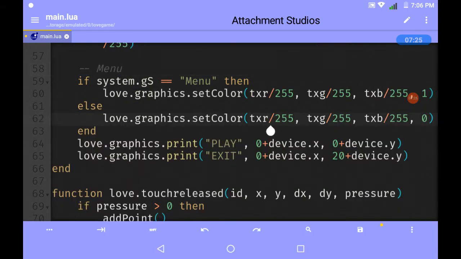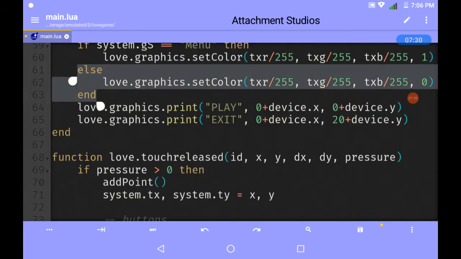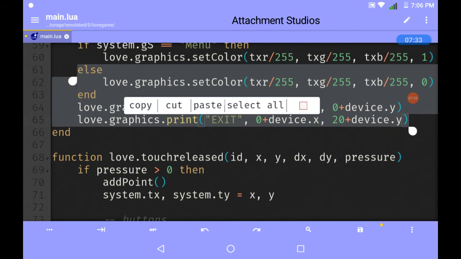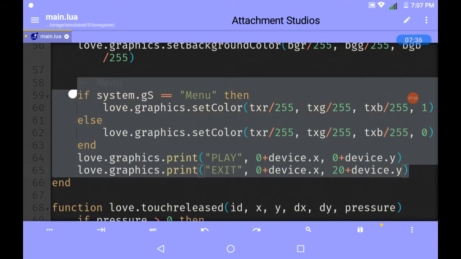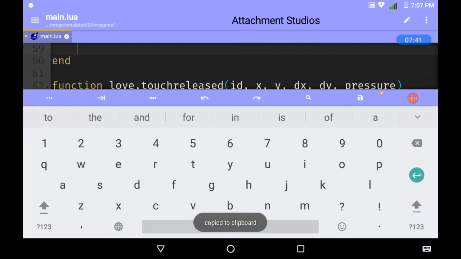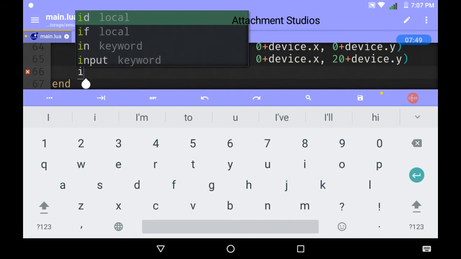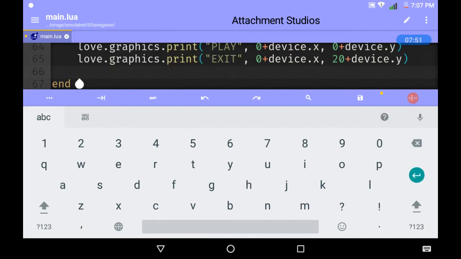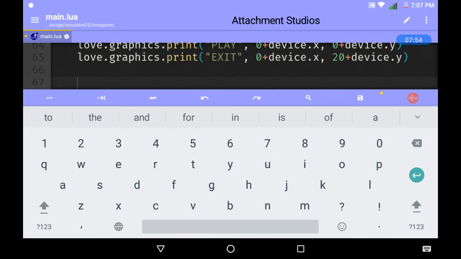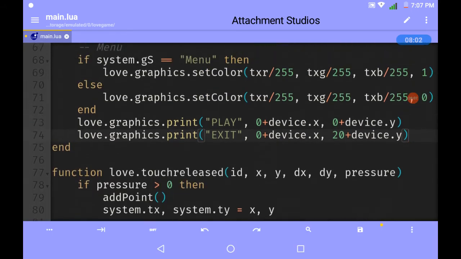Something is happening. Okay, I think it's fixed now. So let's just select these and get back till here. We will copy. Oops. We will select that, paste that. Now we will just type in